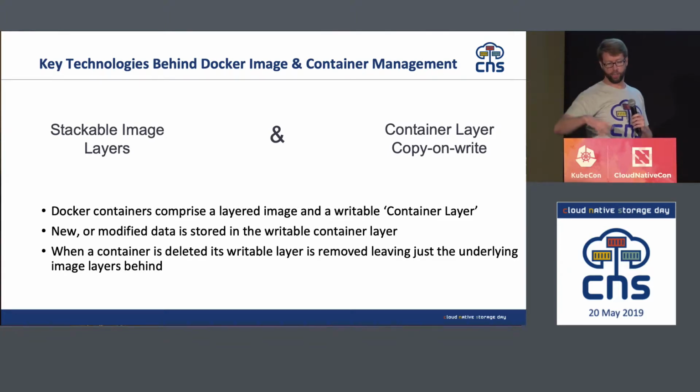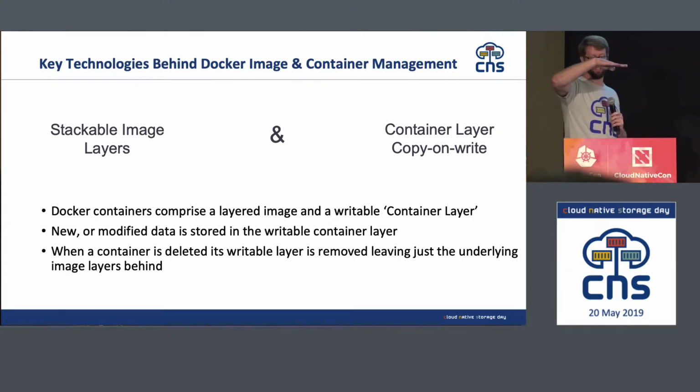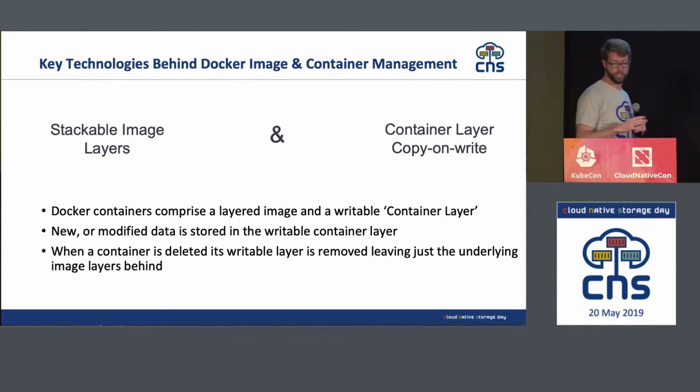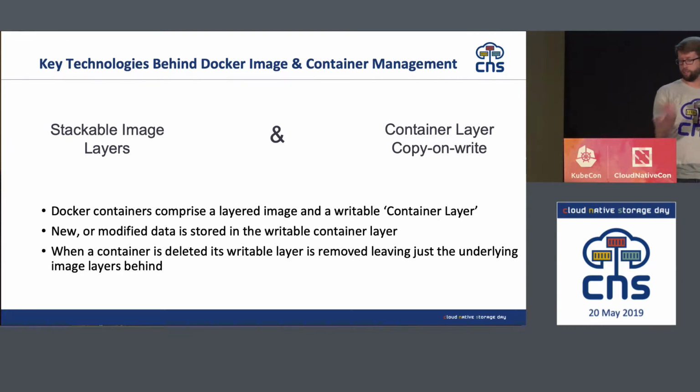So what's interesting here is that when you run a container, say a docker run, it brings up a container and loads your image up with all those image layers stacked on top of each other. But then if your container itself wants to write data, if it wants to persist data, it gets a special layer on top. It's called the container layer. Any data that your container writes gets written to this container layer, but the downside here is that when the container goes away, that container layer where things were written to is completely ephemeral. It's transient. It's not permanent. The data that you wrote there is gone.